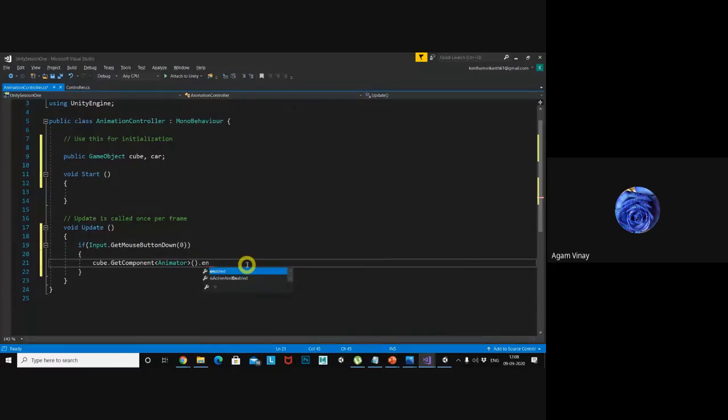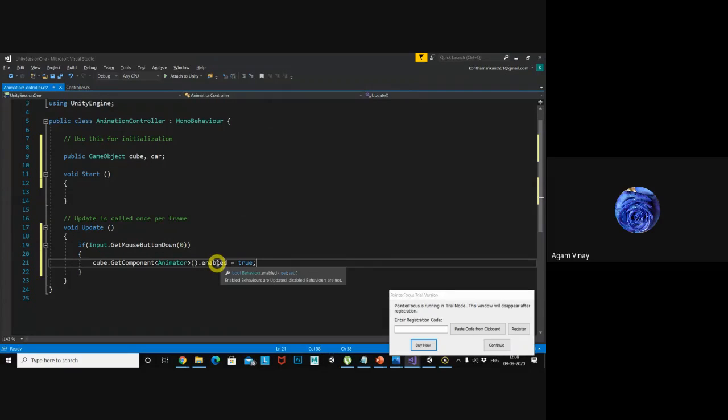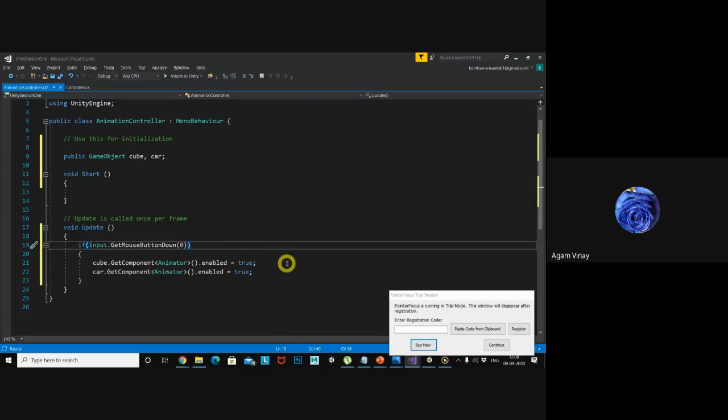So dot enabled equal to true is for activating. Whenever you put the cursor here, what is it expecting? A boolean value, right? The animator component is expecting a boolean value to enable. Same as this, I'm copying and pasting for the car, my second game object, to make it enabled. So two animations I am enabling at the time when I click the left button using script.